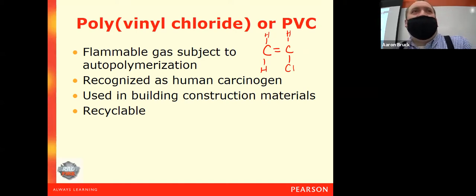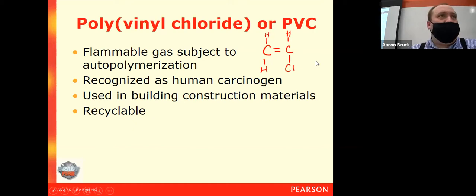PVC piping is one of those materials that has become very, very popular for its relative price, the rigidity of the plastic itself, and the fact that it's not going to corrode over time, unlike metallic